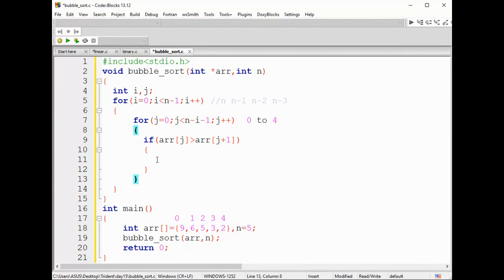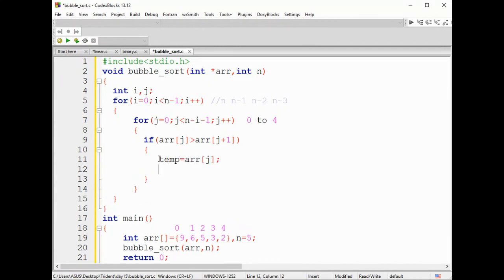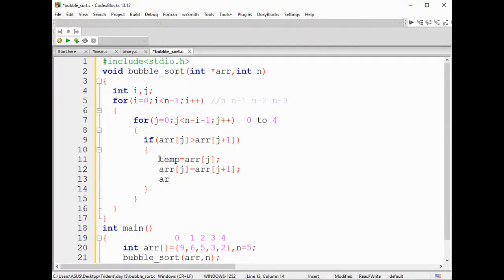Now this is done. Now you're going to compare each and every element. So during your comparison, I'll check here array of j is greater than array of j plus 1. If it is greater, perform the swap operation. So swap is normal. You can make use of a temporary variable or without a temporary variable. It's up to your logic, guys. Store this array of j in a temp variable and make array of j assigned with array of j plus 1. And after this, make your array of j plus 1 assigned with your temp value. Normal swapping logic. Nothing great here. So now your logic is done.